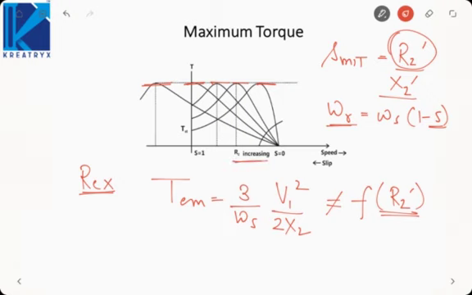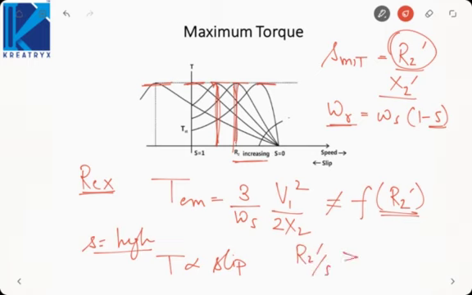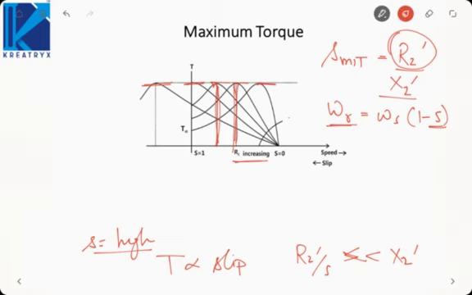So as we increase R2, the curve is being shifted to the left. The slip for maximum torque is shifting to the left. That is, the slip is increasing or the speed is decreasing. What about starting torque? At starting, the slip is high, and we saw torque is inversely proportional to slip, and the torque was coming out to be how much in case of high slip? In case of high slip, we will say that R2 dash by S is much less than X2 dash. So the torque would come out to be starting torque